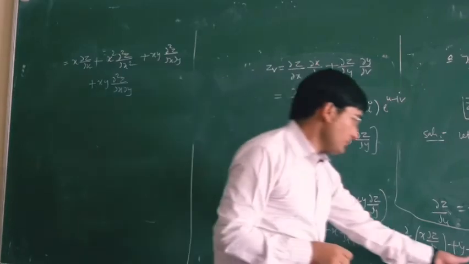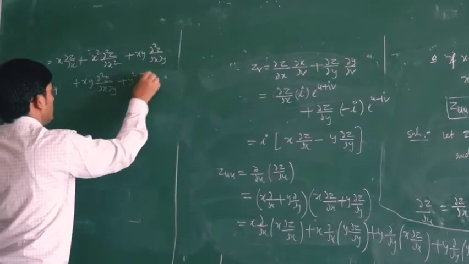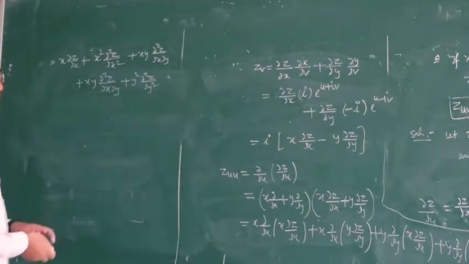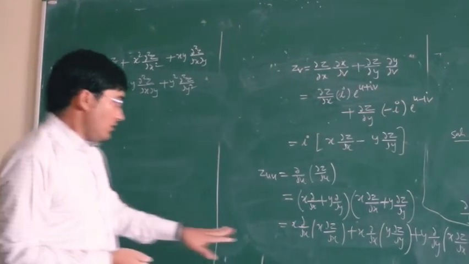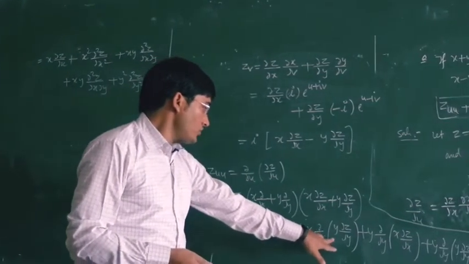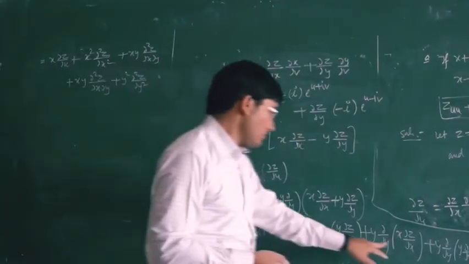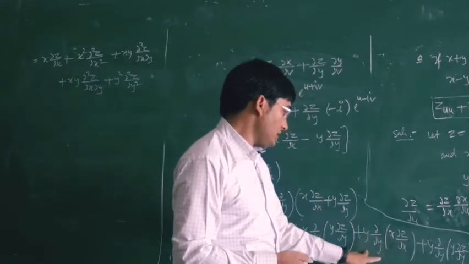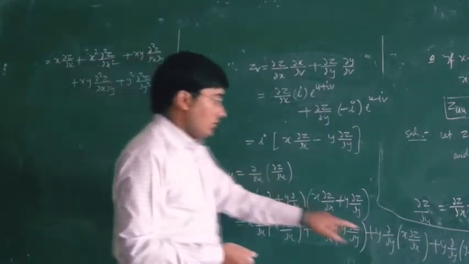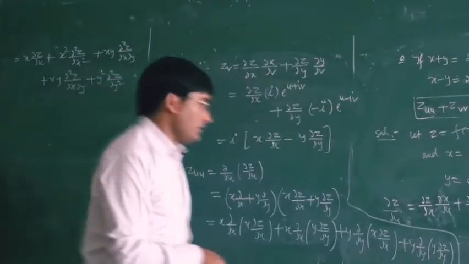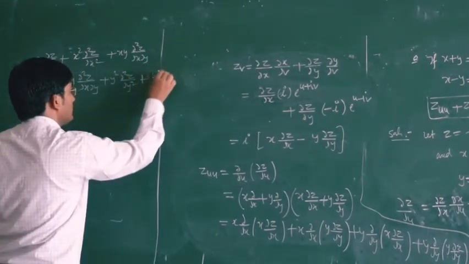Then the last term will be, here your y is constant, so we will get y square del 2 z from del y 2. So your y is constant here, so we will get del 2 z from del x del y. Then again x is constant, so we will get xy into del 2 z from del x del y. Now the last term is your y square. Then if you differentiate y, then we will get 1. So we will have y into del z from del y.